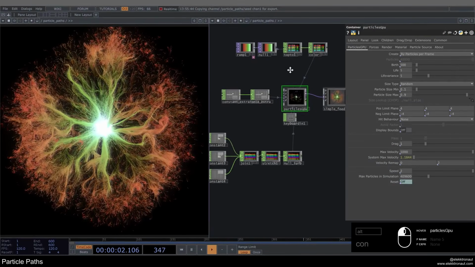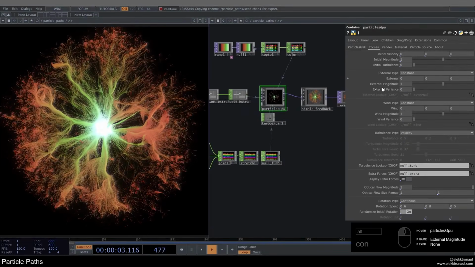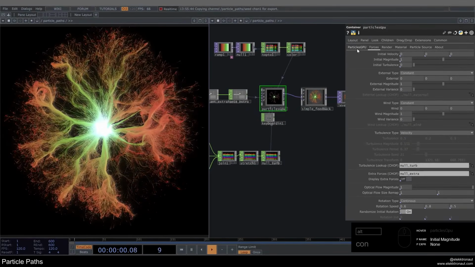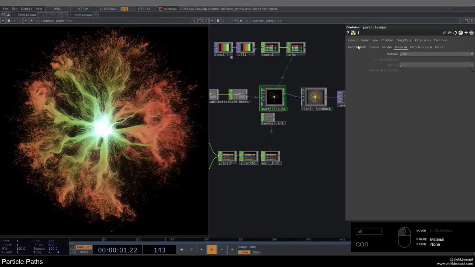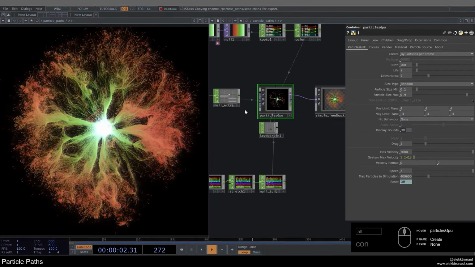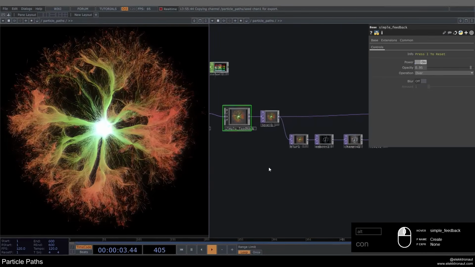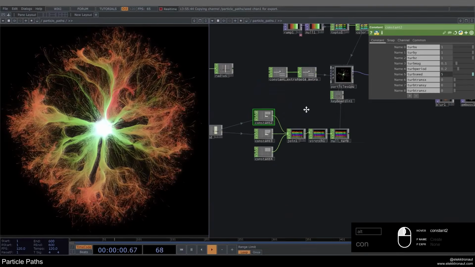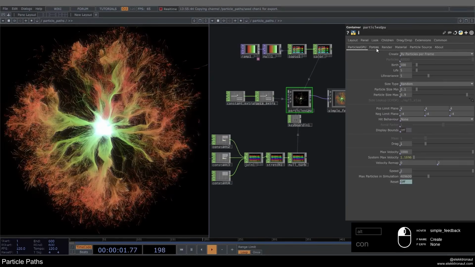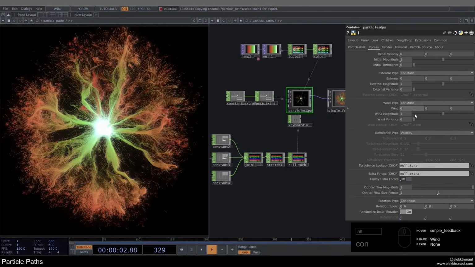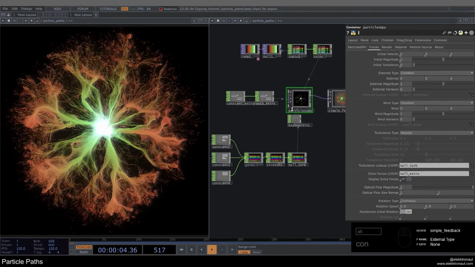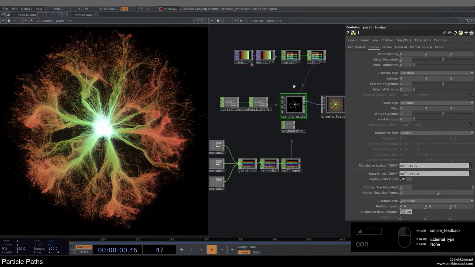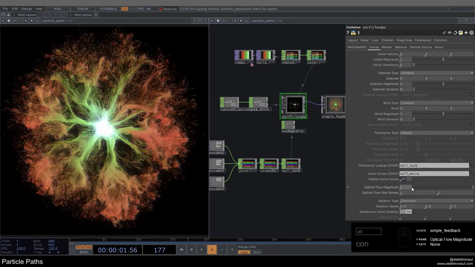You can play around with all of these forces and different materials as well if you want. Like, you know, you don't just have points then, or any kind of post-processing. Really play around with these extensively, and also check out, you know, wind and external types and these kinds of things. And in the next videos, we're also going to look at some audio reactivity and using the optical